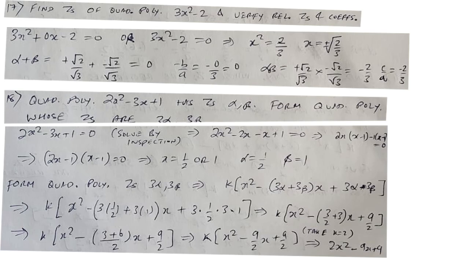Now take k as 2 so that you can cancel out the 2 in the denominator and multiply it across. So taking k as 2, you will get the final answer as 2x squared minus 9x plus 9. So this is the quadratic polynomial whose roots are 3 times the roots of the